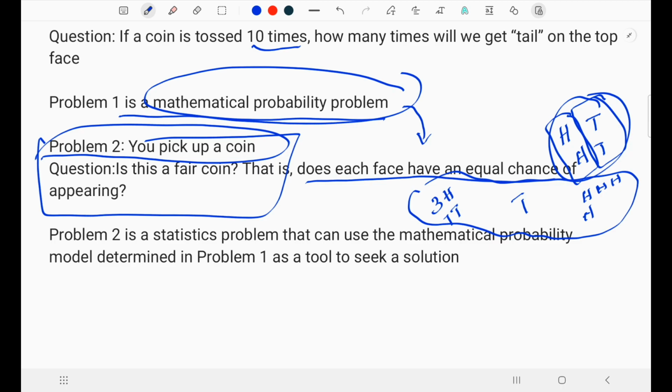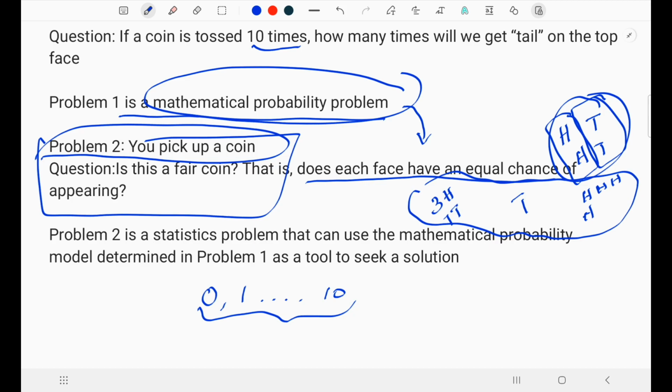The solution to problem 1 starts with the assumption that the coin is fair. It then proceeds to logically deduce the numerical probability for each possible count of tails. After 10 tosses, I may get 0 tails, or I may get 1, or I may even get 10 tails. So the count lies in the range from 0 to 10; any number can come.